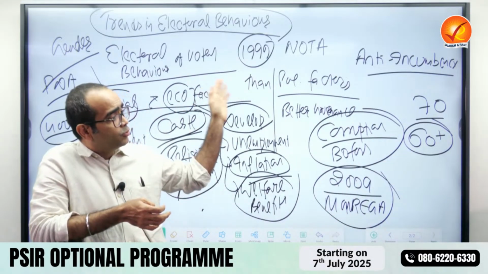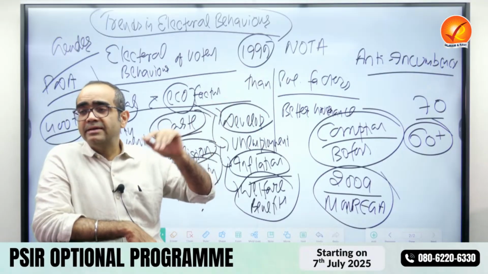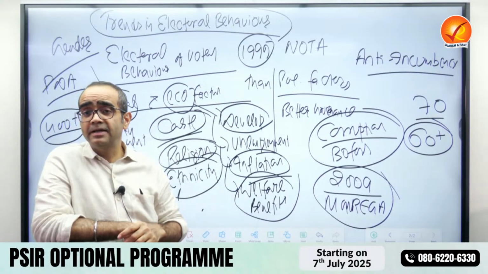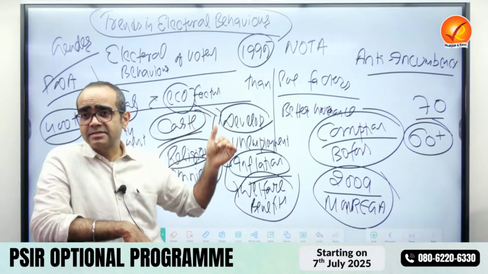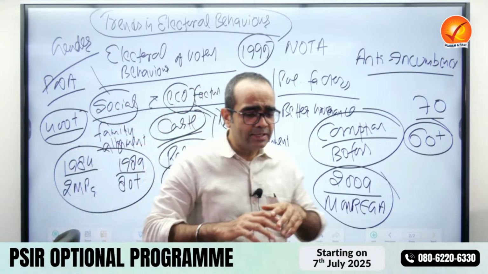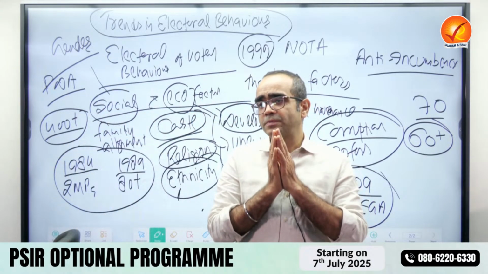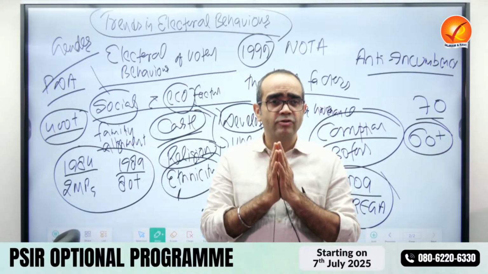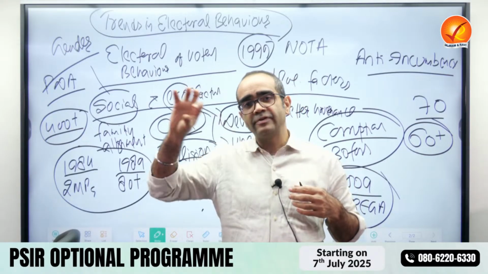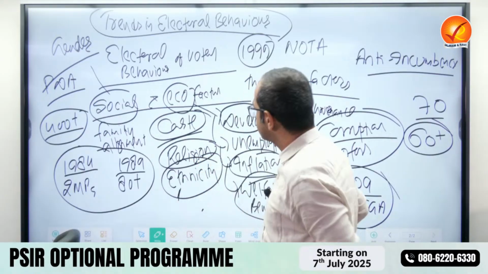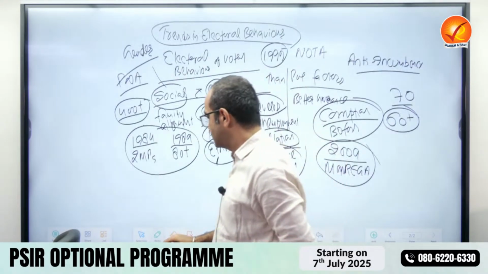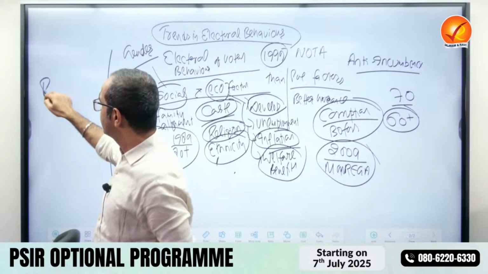So this is how the voting process is impacted by different factors. And while writing this, you have to know how to write an optional-rich answer. And you have to focus on, as I told you, linking it with theories and analysis of the scholars also. So in this, I would be linking it with the topic of behavioralism.